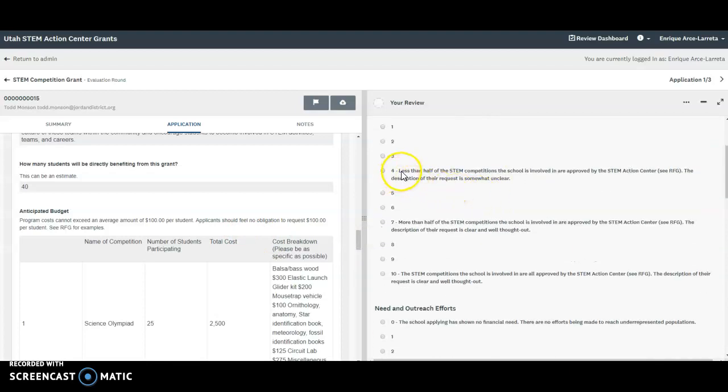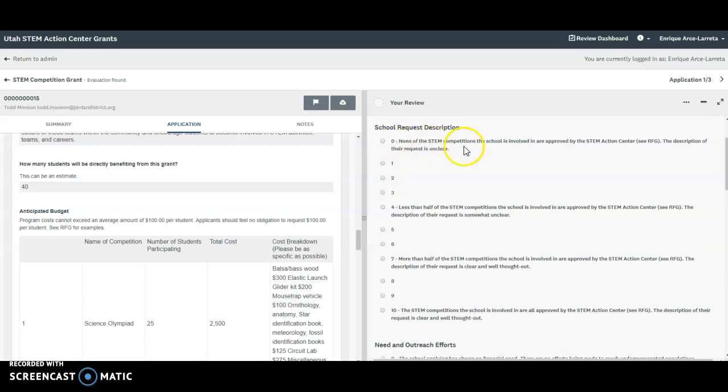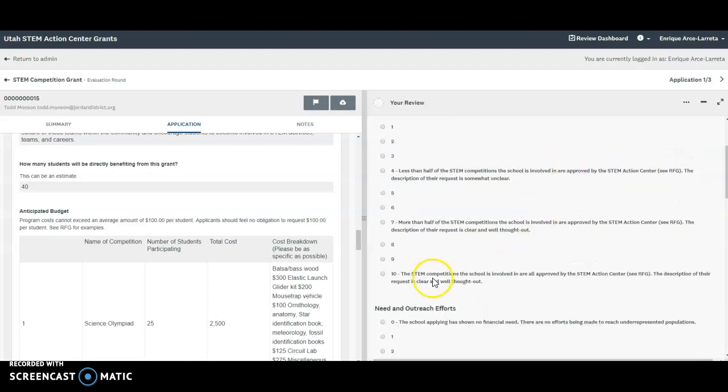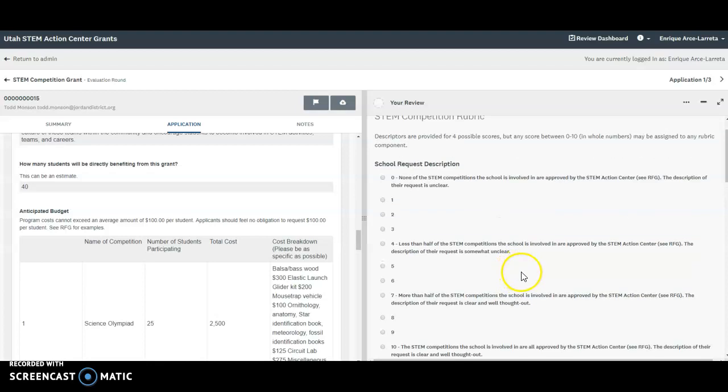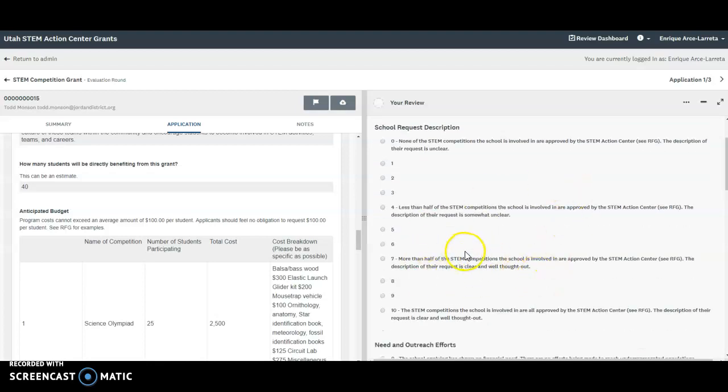And it has some general guidelines of what categories might look like. So for school request description, a 0 would be none of the STEM competitions are approved by the STEM Action Center. 10 would be that the STEM competitions the school is involved in are all approved by the STEM Action Center. The description of the request is clear and well thought out. So on this approved competitions note,